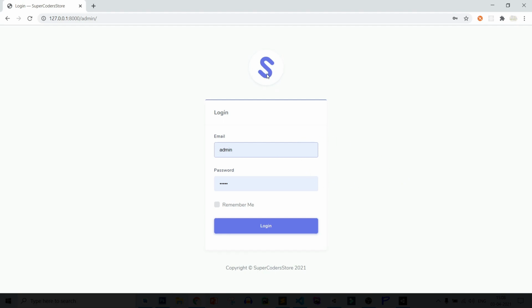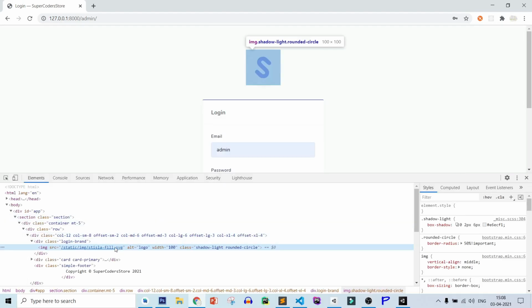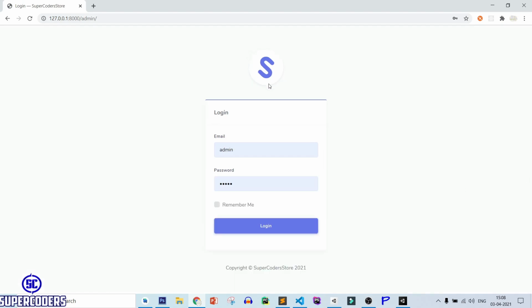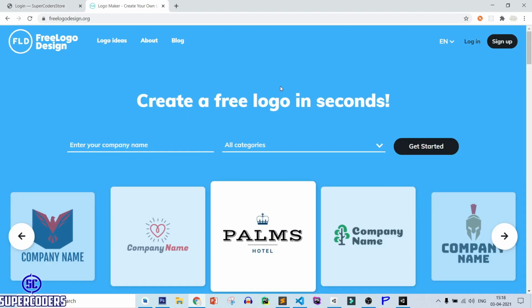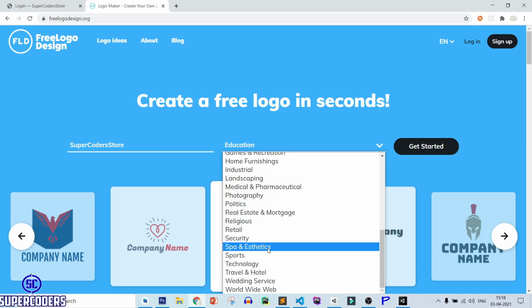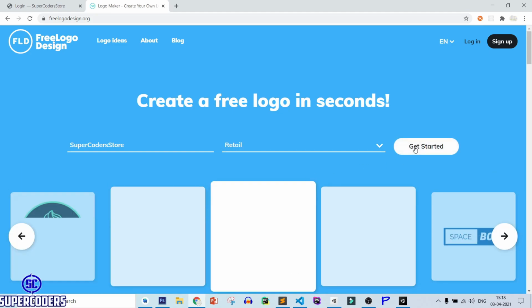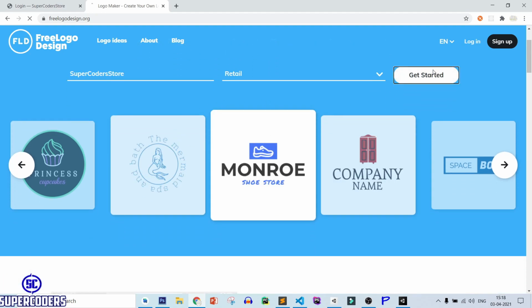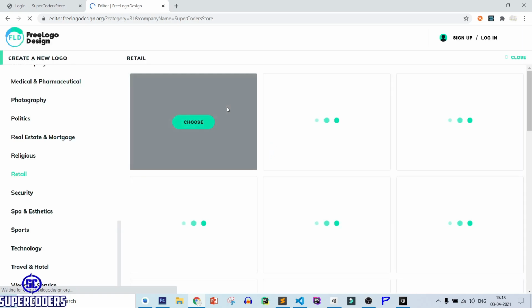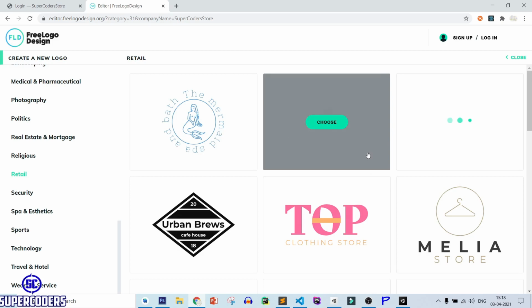You can see it's looking perfect. Now after that, let's change this icon. Click on it. It's loading our static icon. So let's change this icon also. Here I am using this free site to create a free logo for our site. So let's give the company name super coders store, select category retail, get started.